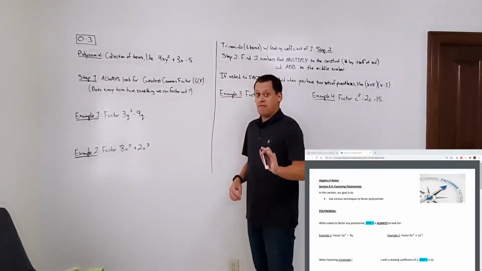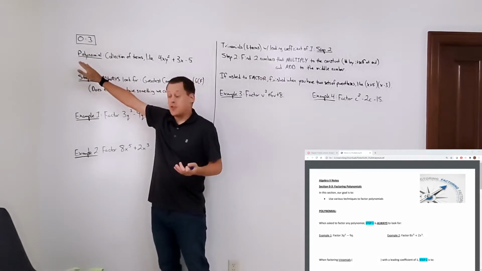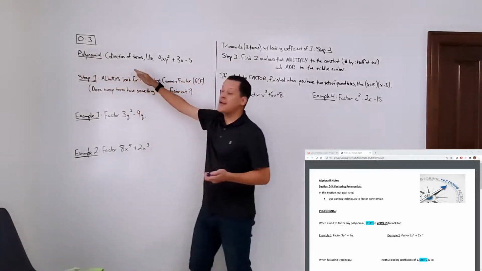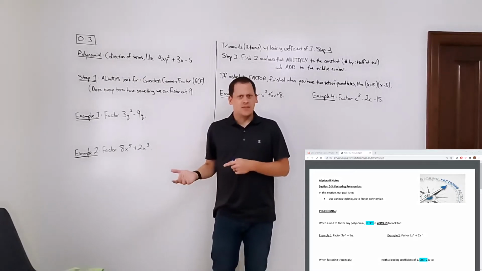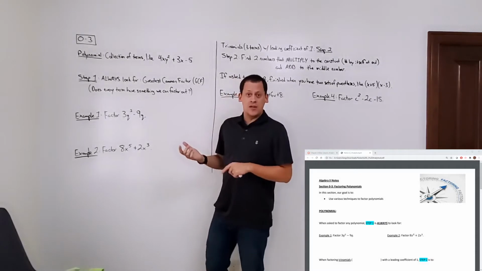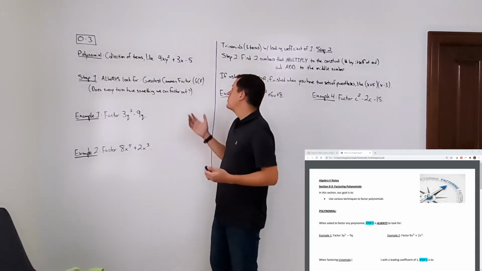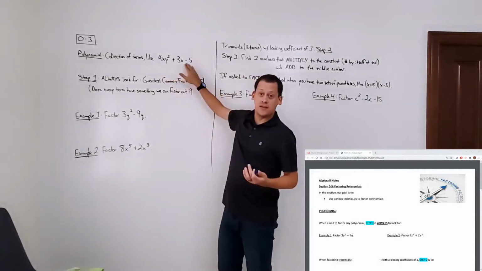Before we can actually start factoring polynomials, we have to know what a polynomial is. So a polynomial is a collection of terms. And I believe I've explained this in a previous section, but a term is something that's separated by a plus or minus sign. So if we have something like this, 4xy squared plus 3x minus 5,